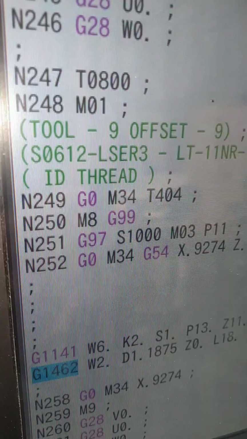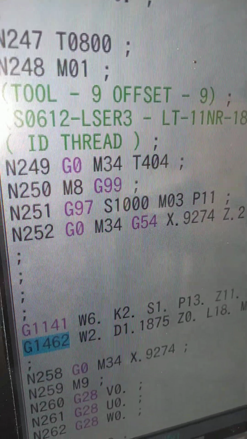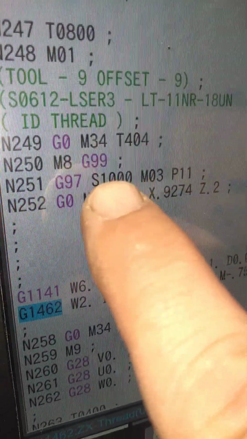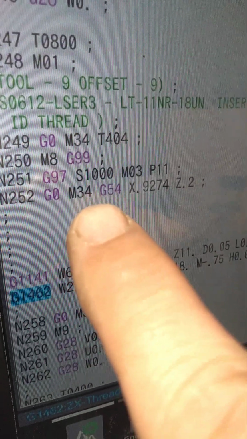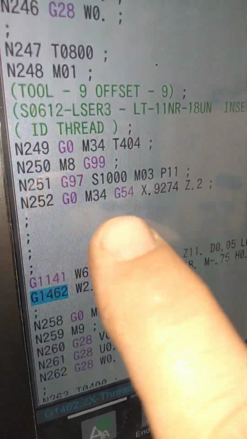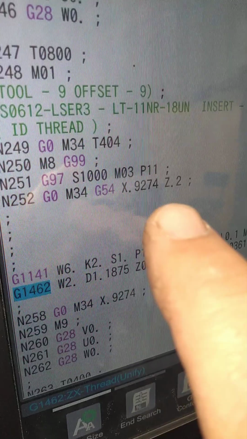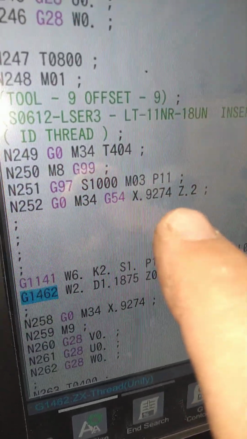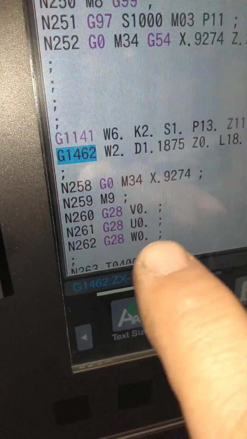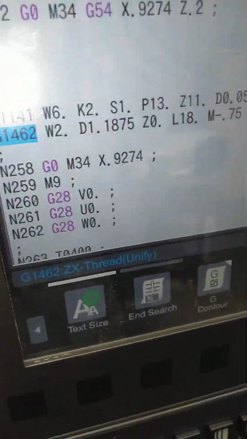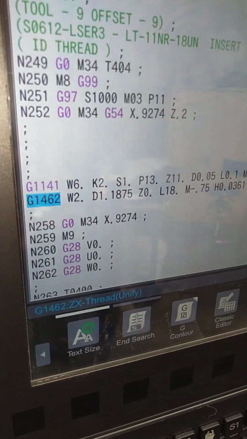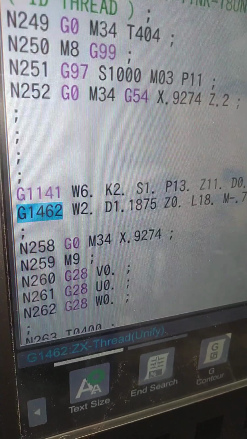And as you can see, I stage it. I got my M1 there. Now it says tool 9. No, we're not using tool 9. If you actually look right there, it was tool number 4. I did ID threading at 1000 RPM. Okay, turned on my main spindle with a P11, and then there's my XZ coordinates for starting. Then I did my can cycle, and then I sent everything home with a G28. Really simple, really awesome,